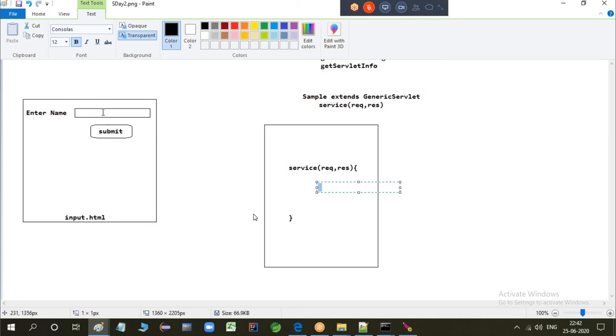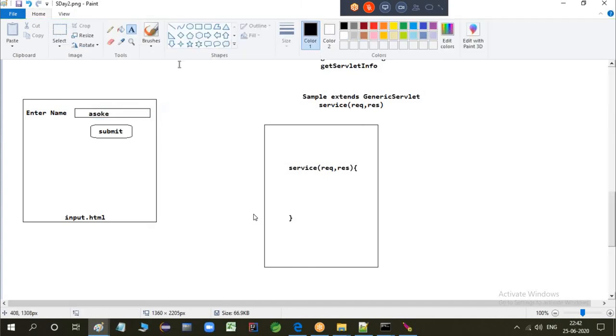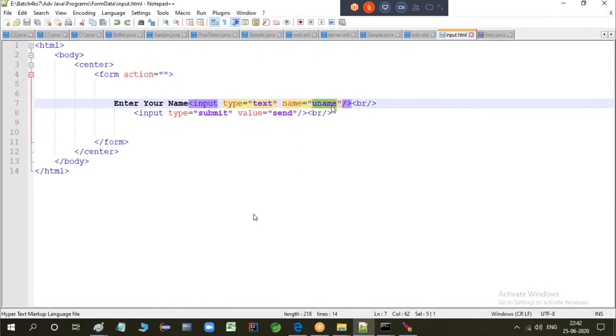Whatever name I'm entering here, like Ashok, should be mapped to my service method, which will read that name. How to read that name? When I'm creating input.html, I'm giving uname, meaning whatever text I enter will be stored. I have to read that name from the HTML page and display it to the browser.